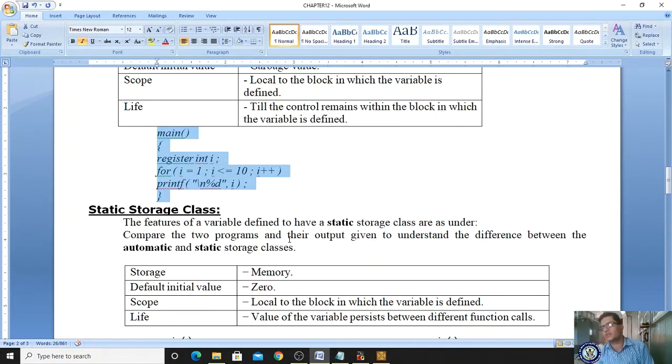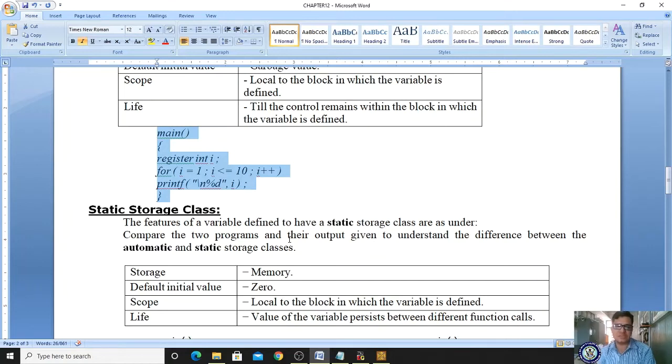Okay, and next we are moving to our next topic, the static storage class. What is the next concept? Static storage class. Yes, the features of a variable defined to be static are as follows. Let us compare these two programs and their output, to understand the difference between the automatic and static storage classes. Here the two programs exist so that you will find the difference.